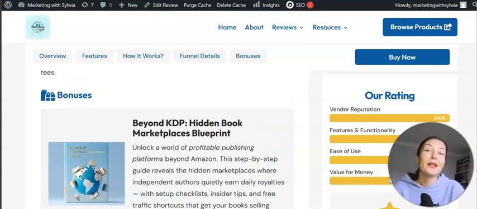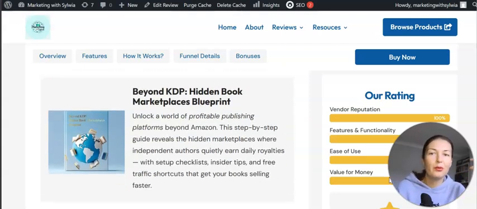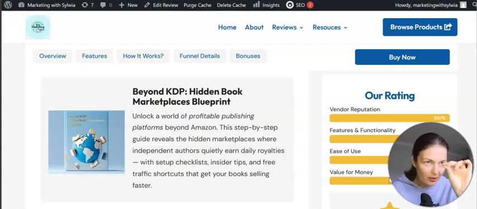KDP is great, but if you don't run ads, the chances of selling are low, it's crowded. What can I say? I'm not going to pull the wool over your eyes. Organically you will not sell like hot cross buns. You need to run ads. I still manage to make 4 or 5 sales so far on Amazon KDP, and I've been publishing for the last couple of months. So it is possible if you do your keywords right, and if you do it all nicely.